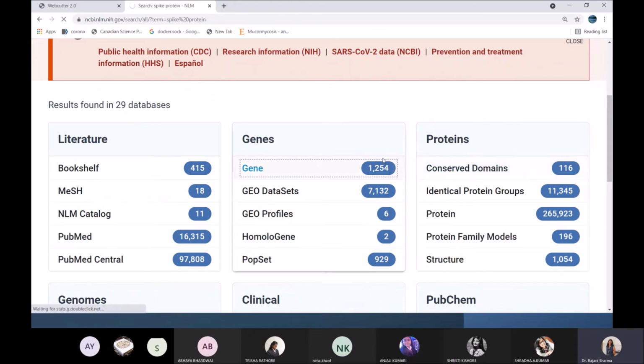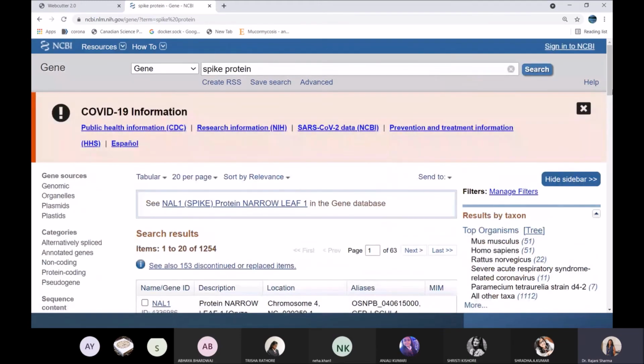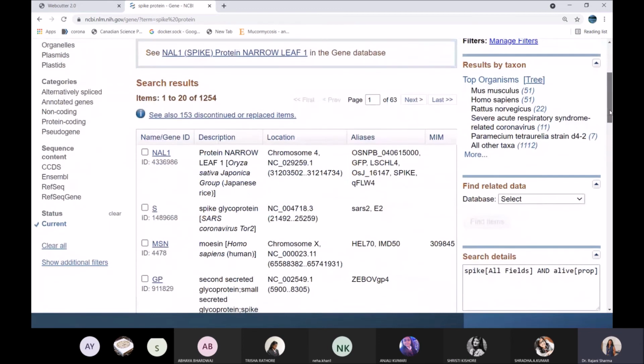You can also go for the protein, because in its conserved domain you will also get the sequence of DNA. So while clicking on this, you will find that some of them have an ID. This is known as a gene ID or name. So using just the gene, if you put it in the NCBI, you will directly get that. This is a protein from the narrow leaf one, which is not our desired one. I want the spike glycoprotein, so I am going to click on this S protein or spike protein, which is from SARS.